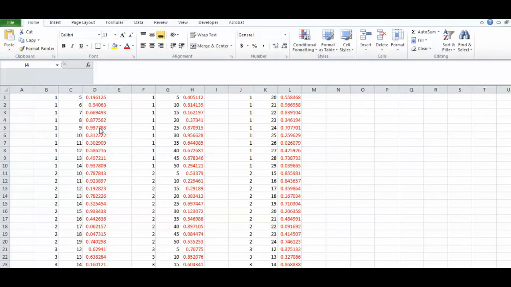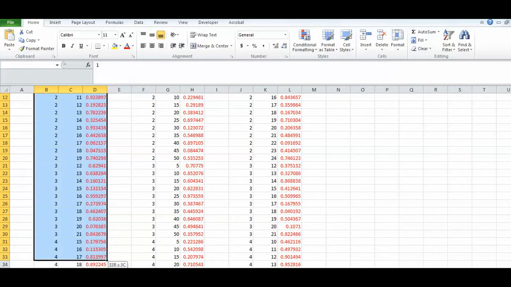I'm back in Excel. You notice how all of these red numbers have been added. These numbers might look like correlation coefficients, but they're actually not. These are numbers that Excel randomly generated in here. And the reason why I put these random numbers in here is because they'll let me randomly shuffle the population that we have here. This is how it works. Excel puts a bunch of random numbers in here, and then what I can do is